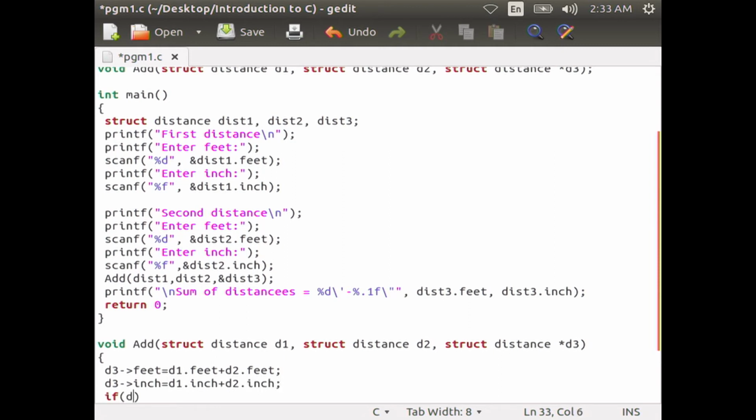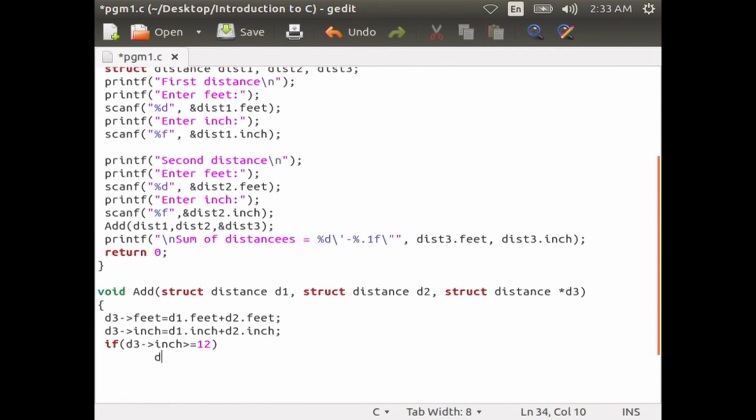If d3 inch greater than or equal to 12, d3 inch minus equal to 12, plus plus d3 feet, then close the curly brace.